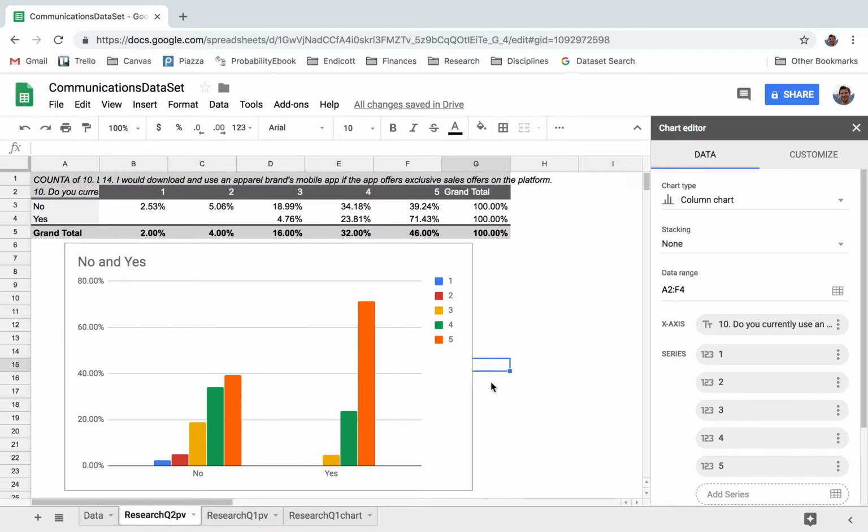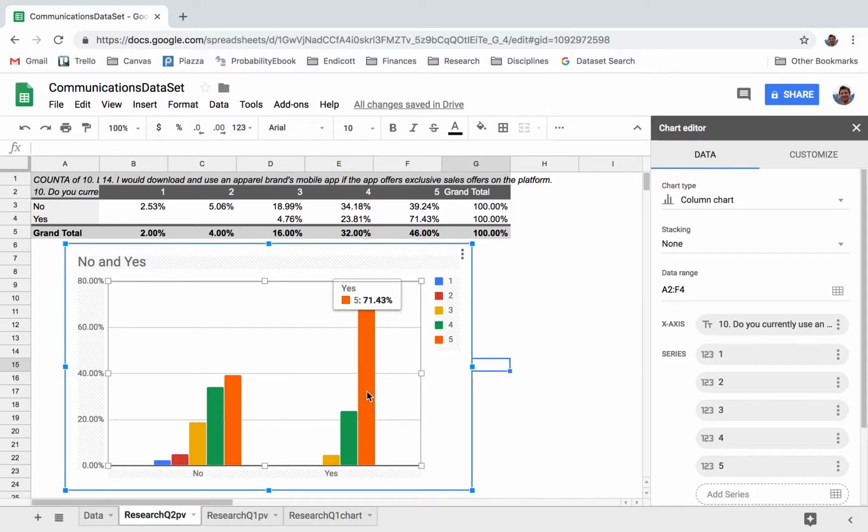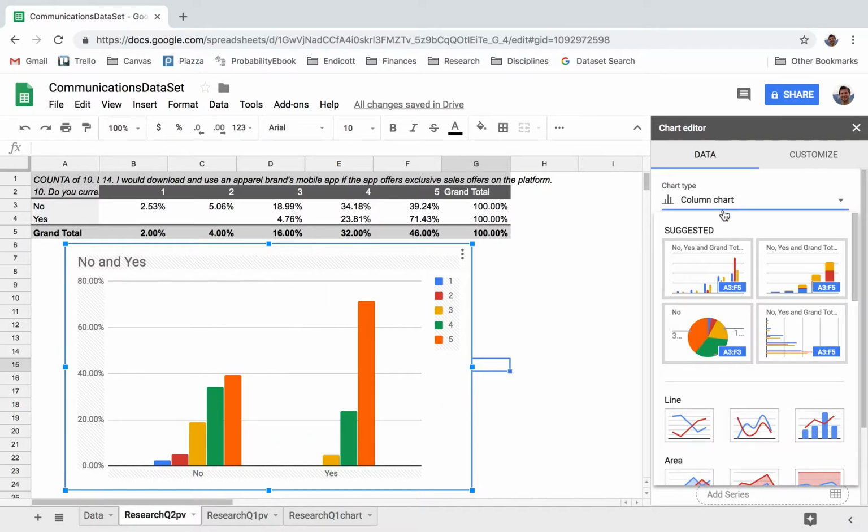The last thing I want to show you in this particular video is a different option for visualizing this information. So we currently have what we call a grouped bar plot, and this has each one of your possible answers to question 14 as a separate bar. Now, fundamentally, we're looking at percentages here. So what we could do is take these 3 different groups, or in this case, 5 different groups, and represent them as a single bar where the amount of coloring is representative of the percentage of that particular answer. This is called a 100% stacked bar plot, and it's very easy to take what you currently have and change it into that format. We can go to column chart